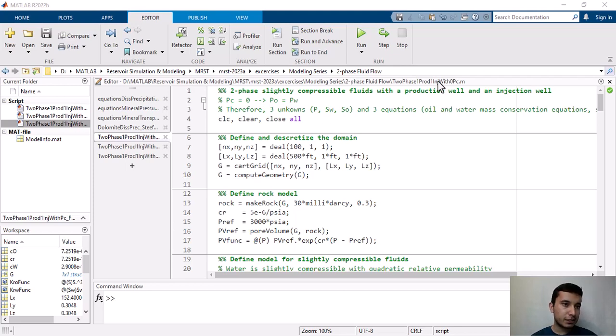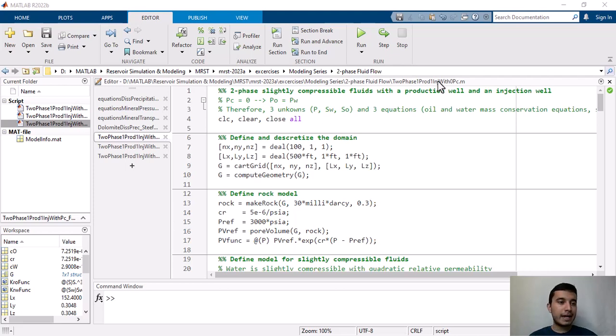So in this case, we don't have two different pressures for the phases, all right? So the number of equations and also the number of unknowns is one less than the case that there are two different pressures. All right,